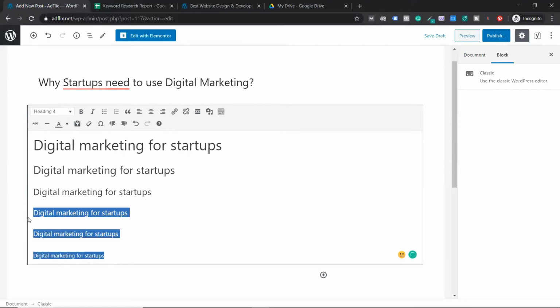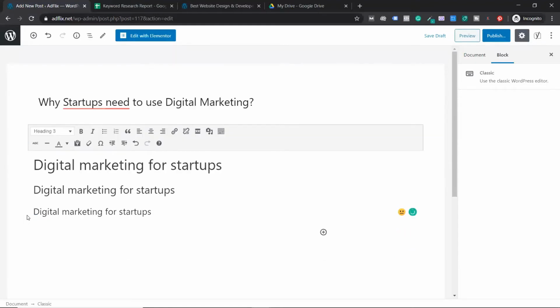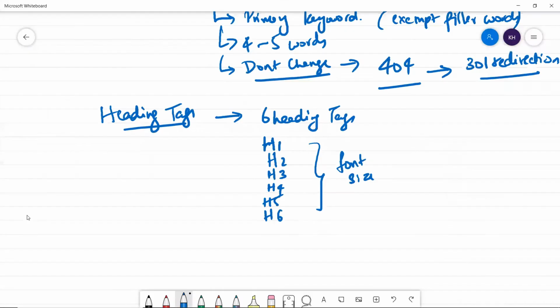So we are not worried about these 3. Usually the font will be small, so we never consider them in a web page. We majorly use H1, H2, and H3 in any page. So coming back to the best practices, guys, you have to use a minimum of 3 heading tags. Okay, minimum of 1, 2, and 3.